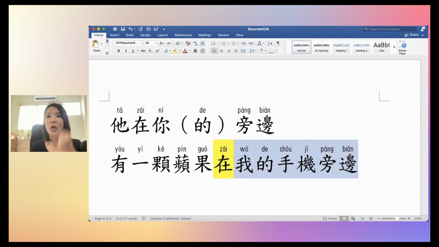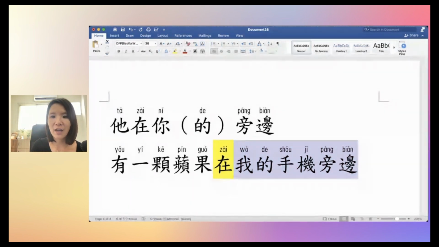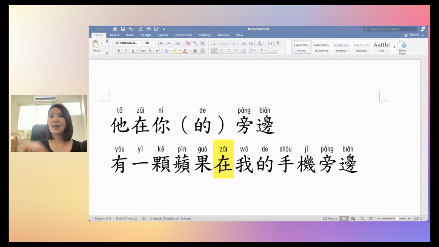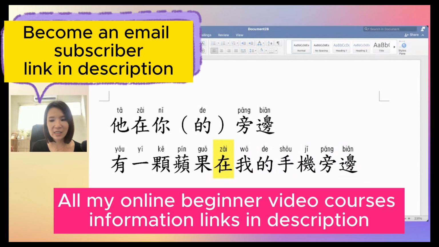One more time. 有一颗苹果, there's an apple, 在我的手机旁边, next to my phone. 有一颗苹果在我的手机旁边。